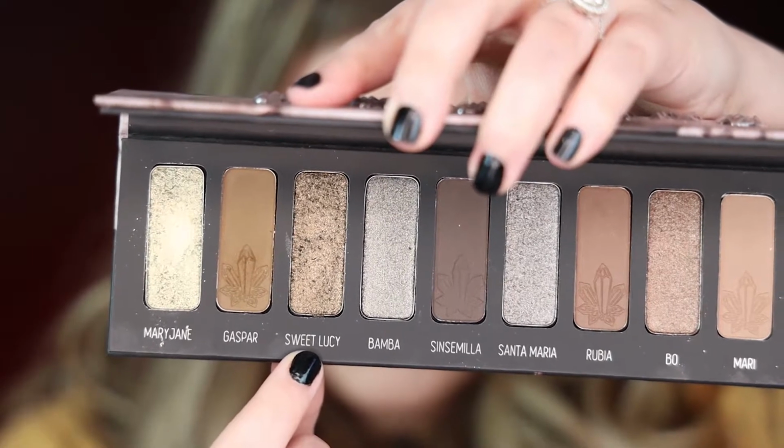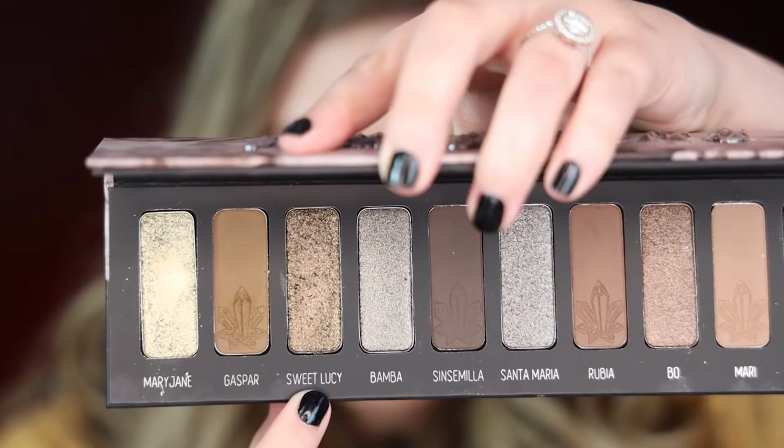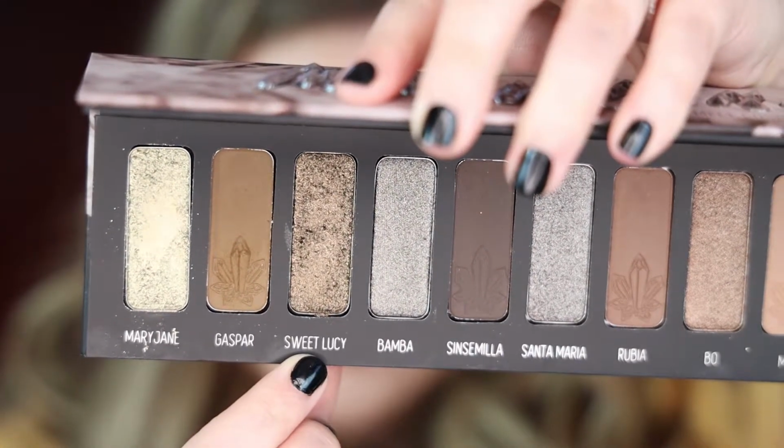So next, I'm going to go in with Sweet Lucy. As you can see, this is like another olive color, but it almost is like an olive bronze. And I'm also not sure if you can tell, but it does look pretty chunky. And it was pretty chunky. I'm not saying that's a bad thing at all, because sometimes when things are chunky, it gives them more dimension to the eye. So that's definitely not an out in my book,